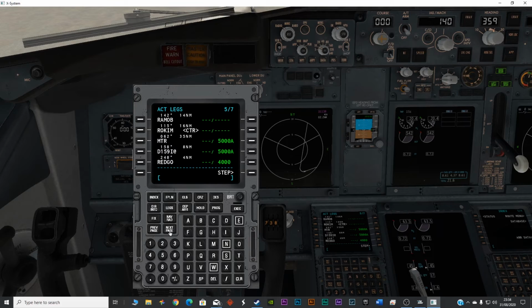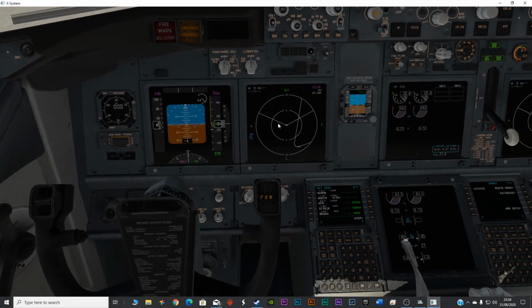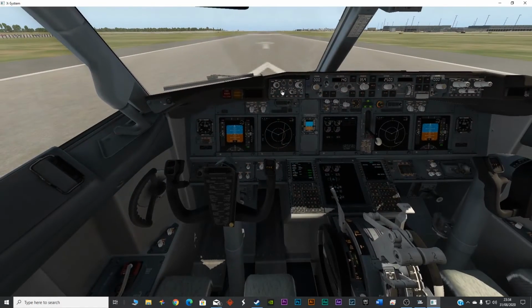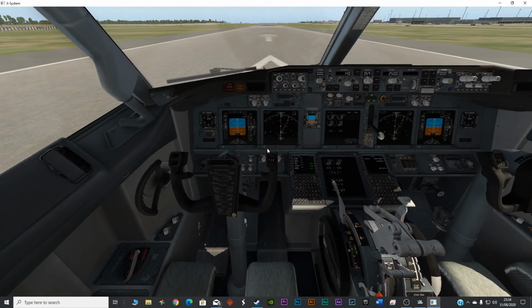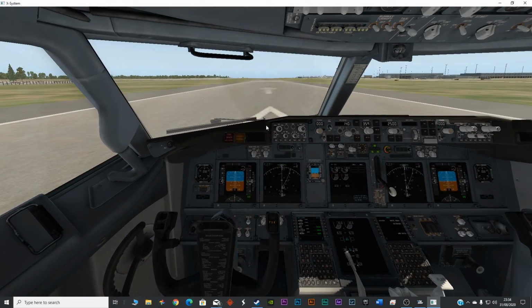So we don't have a discontinuity, and it's taking us straight away to runway 25C. And that's it. So there is no discontinuity. Everything is looking good. The plan is good. So what we have learned is this, that